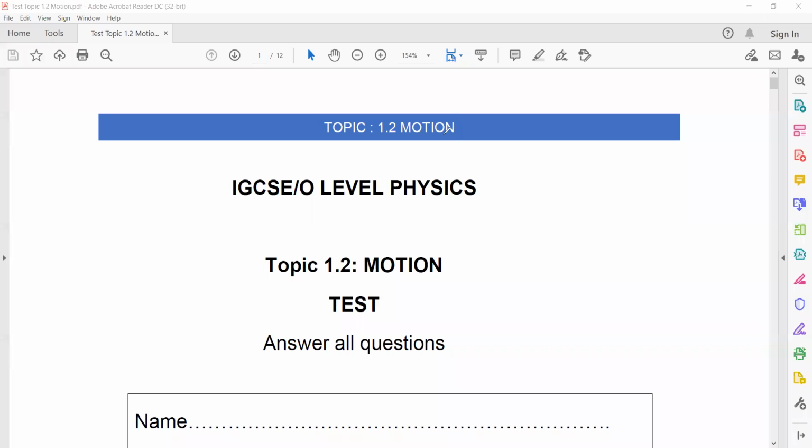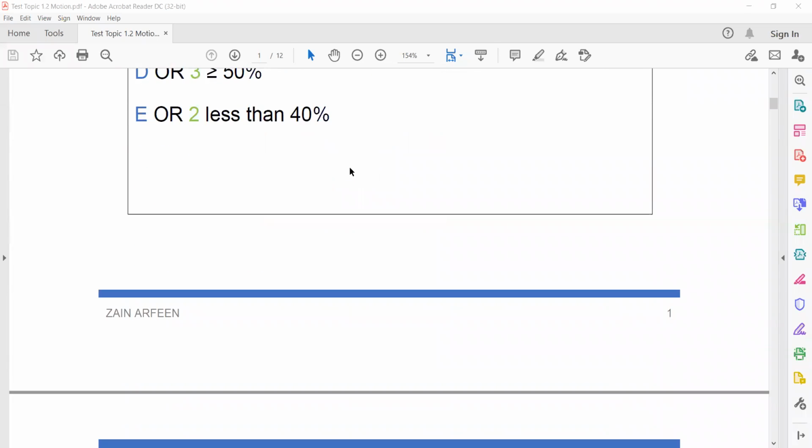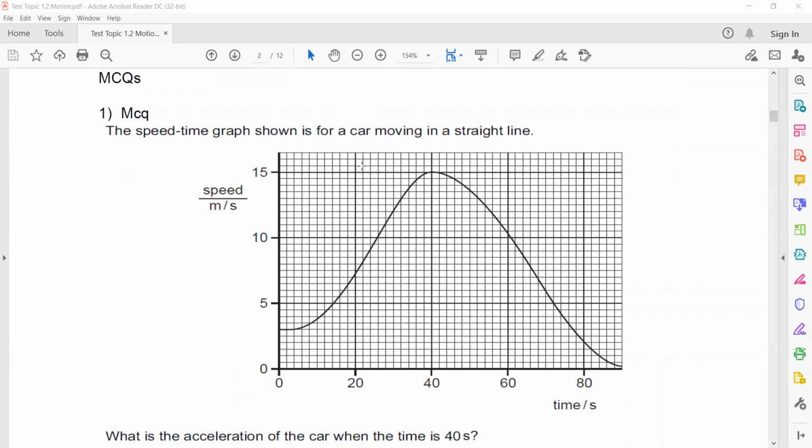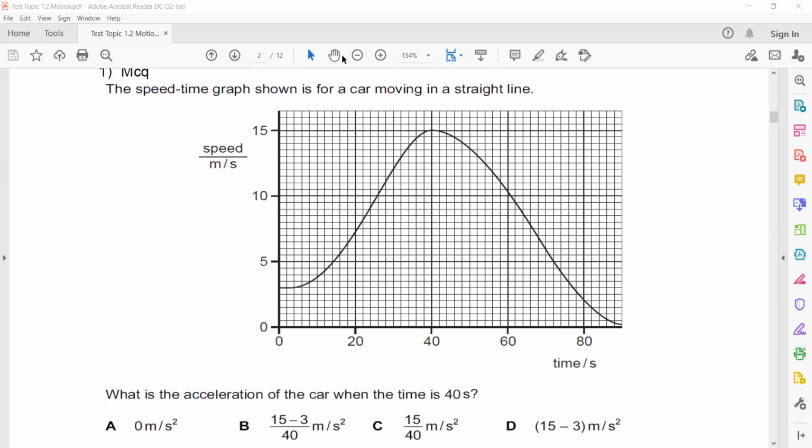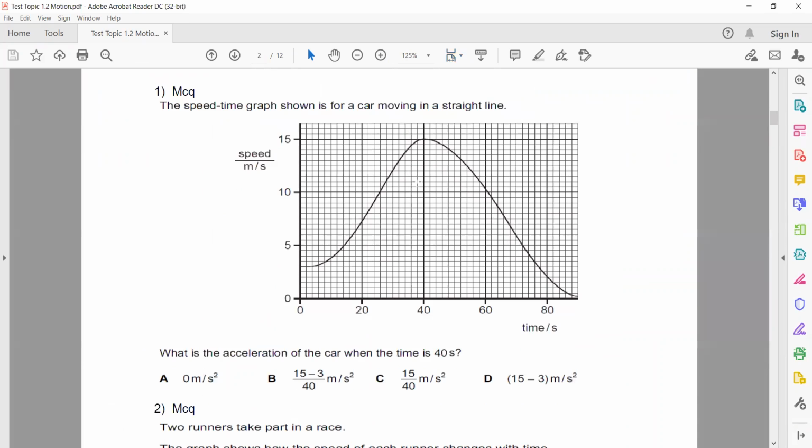So this was last week's test paper about topic 1.2 motion. In this session, I'll discuss this test paper with you and show how you should solve these questions. In the first question, there is a speed time graph which is shown